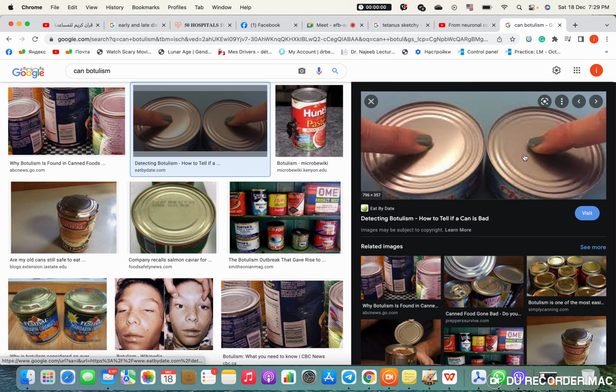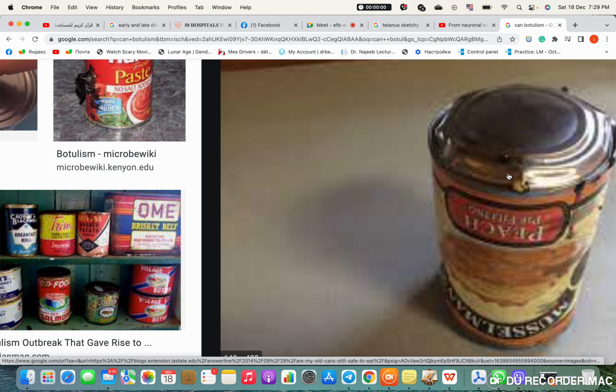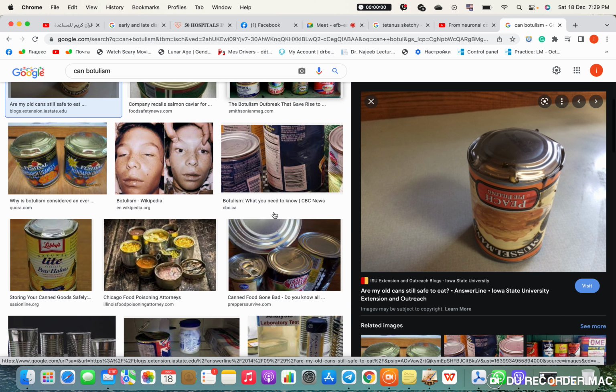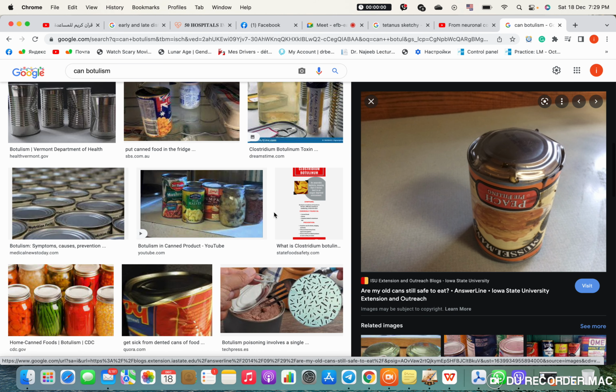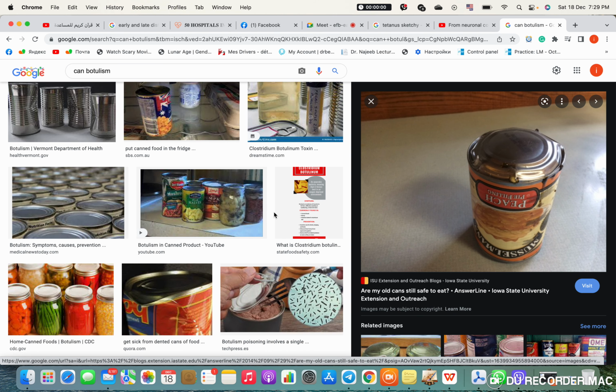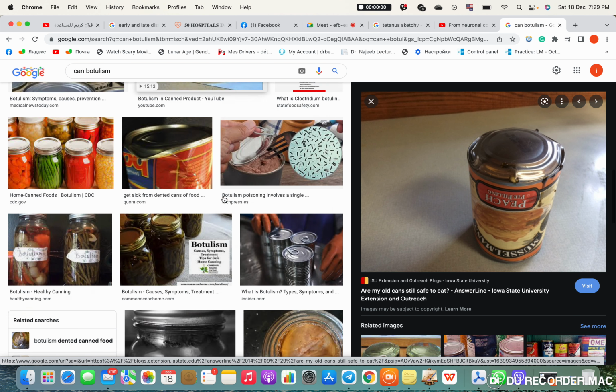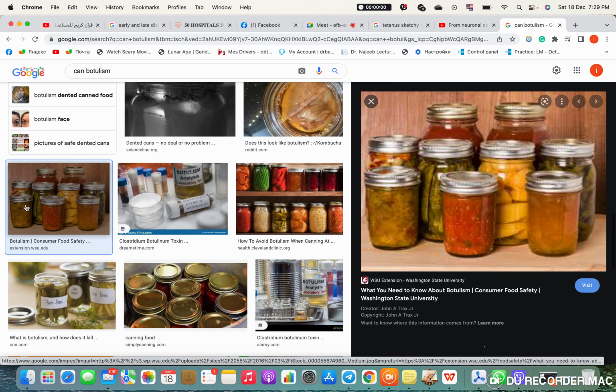Oh yeah, this is a way to test it. You can just press on it, you know? If it presses back, like it has air in it, this you throw in the garbage right away, okay? But mostly it actually happens from food-borne home-prepared food, okay? That's the most important. Like they make something like this at home and it happens because of it.